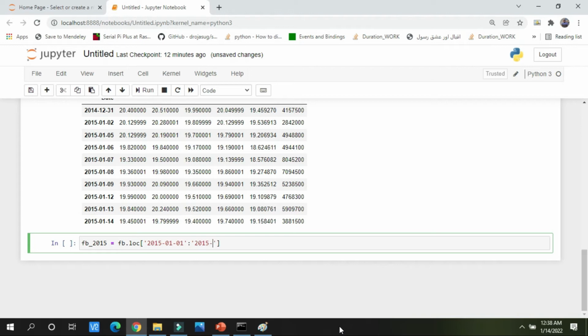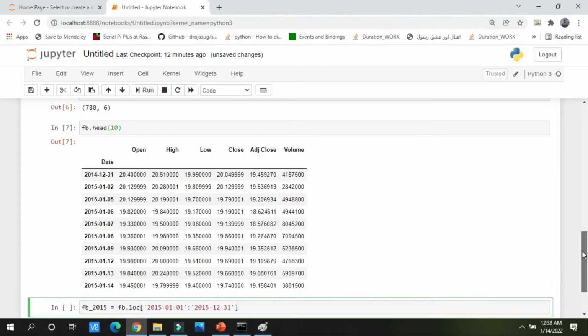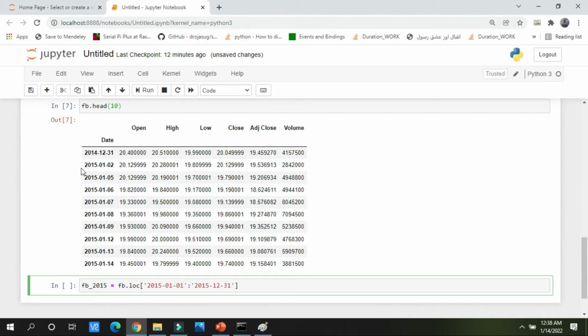So I am writing 12 as the month and 31 as the date. In this variable FB 2015 we have the complete data, and all the rows consisting of 2015 will be cut down and stored in this variable. This concept in Python is known as slicing.